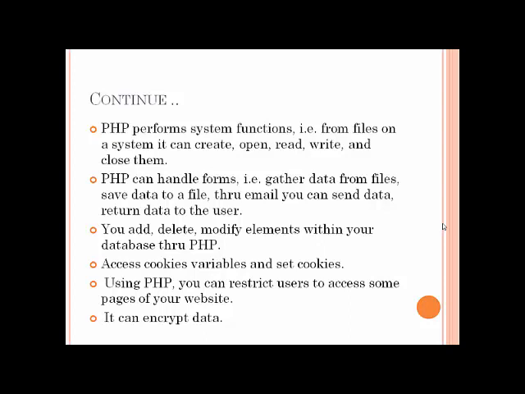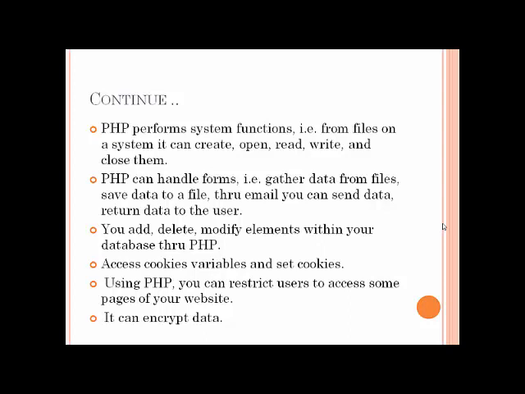You can create one form, and with the help of that form you can save the data, accept the data, and take input from the user. Furthermore, you can add, edit, delete elements within your database through PHP. That means PHP works completely as a front end and the database works as a back end.